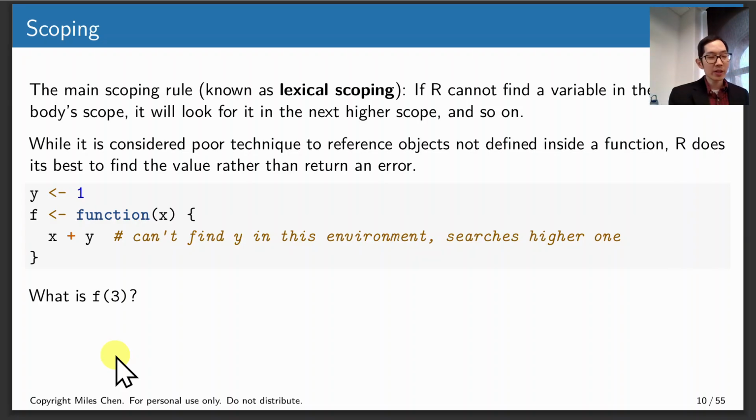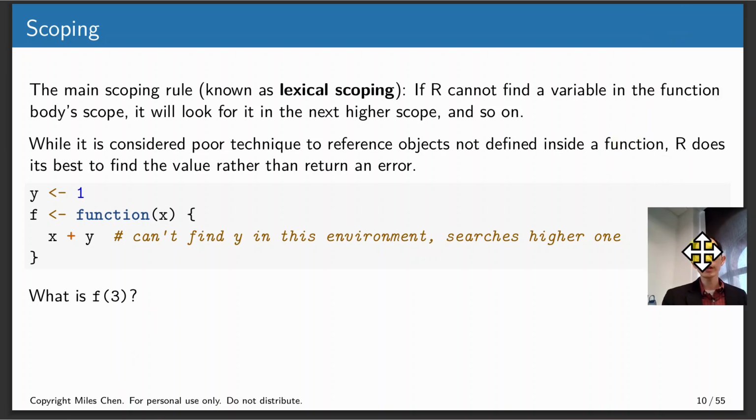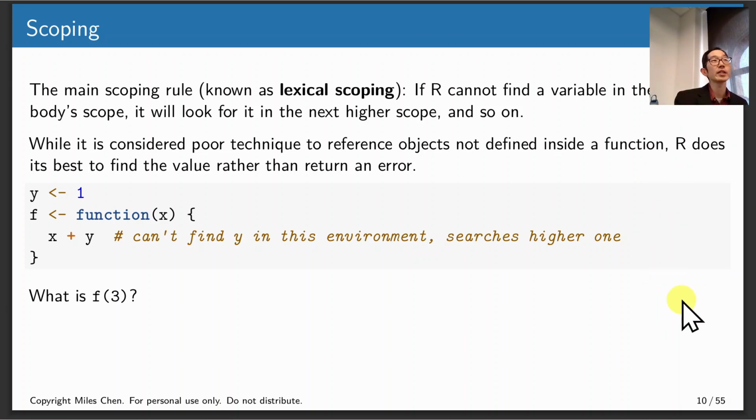R uses what's called lexical scoping. If R can't find a variable in the function's body, it's going to look for it in the next higher scope. This is considered poor technique, to reference objects that are not defined inside a function, but R does its best to find the value rather than return an error. This was a design philosophy that the creators of R decided upon. So actually, the history is that